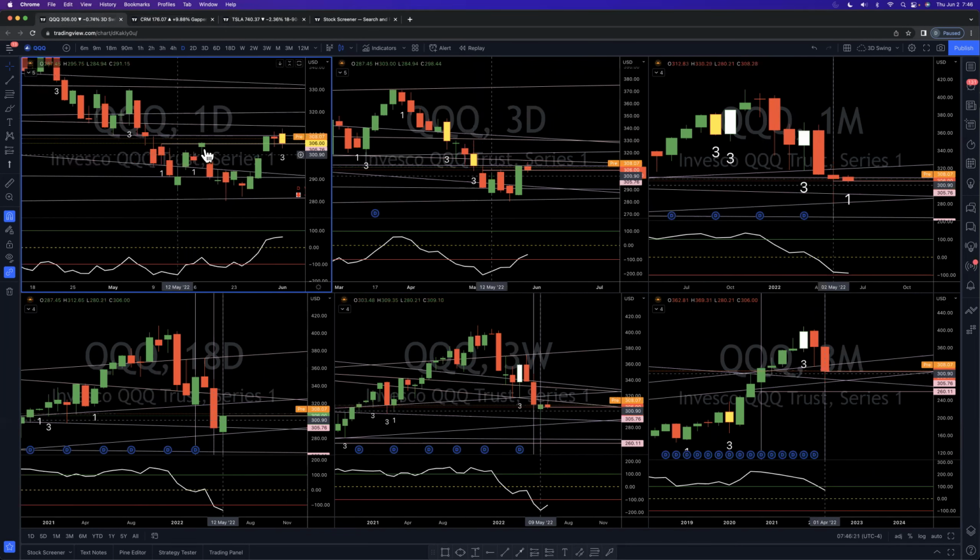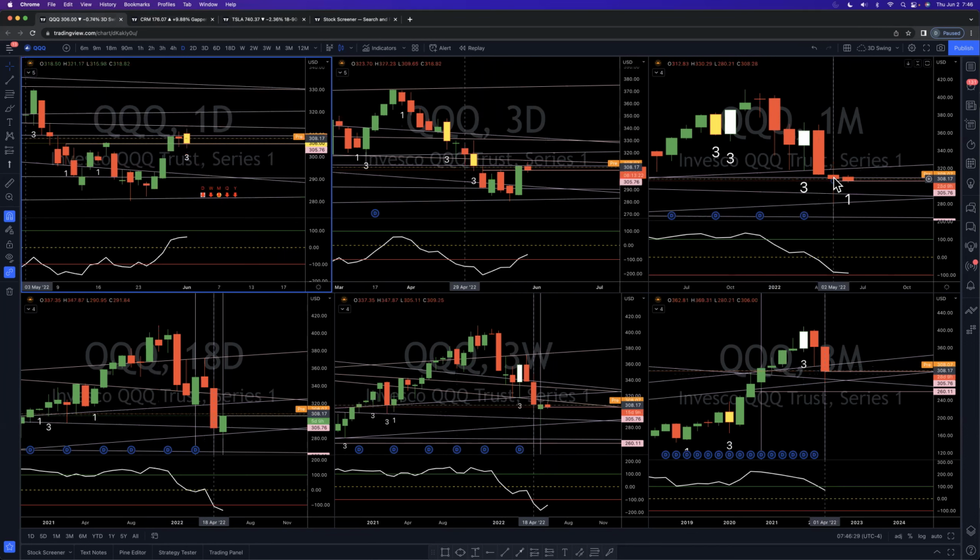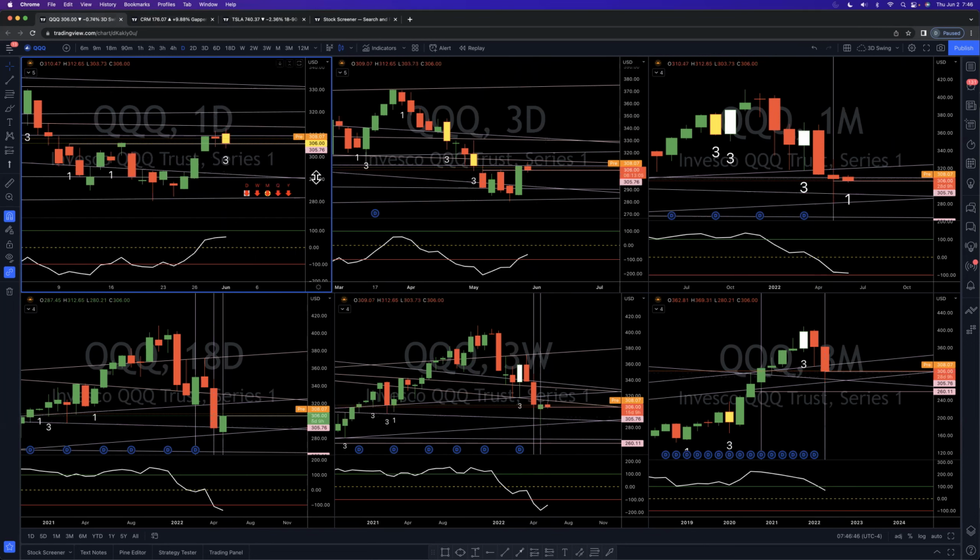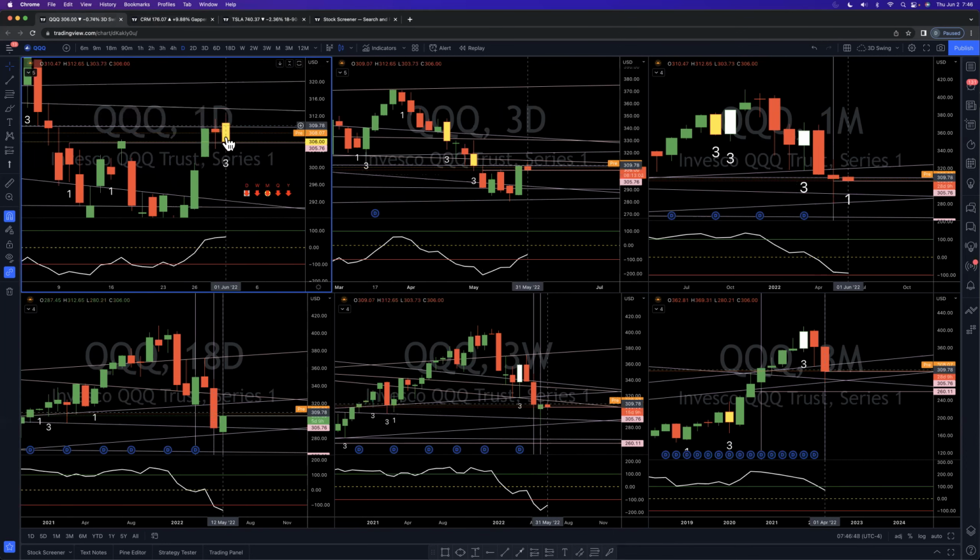I think we drew this on the daily. No, this was still probably our monthly. Hang on, let me go back and see which trend line that was from. We just did a horizontal line off this inside day. So it tried to take this, come back inside this range and failed on the Qs yesterday, if you can see that. It's trading above